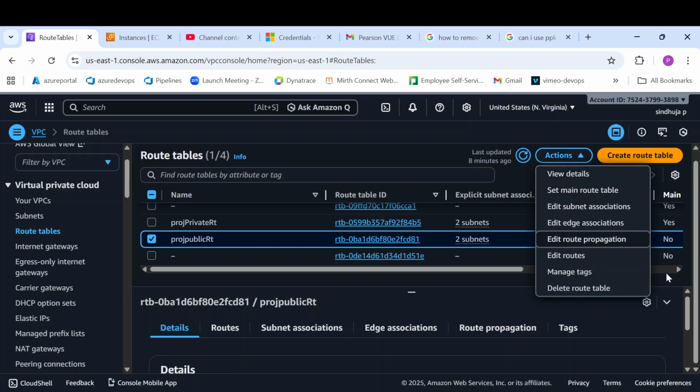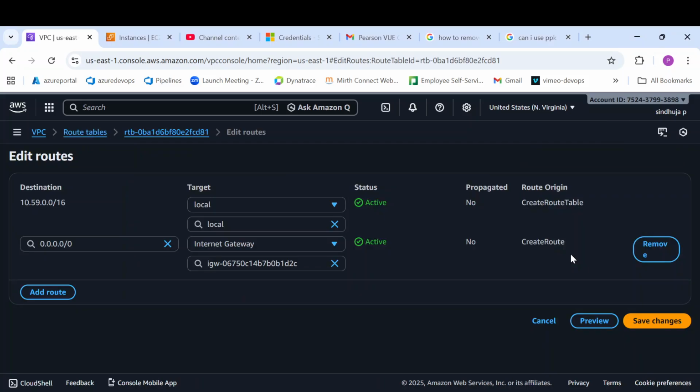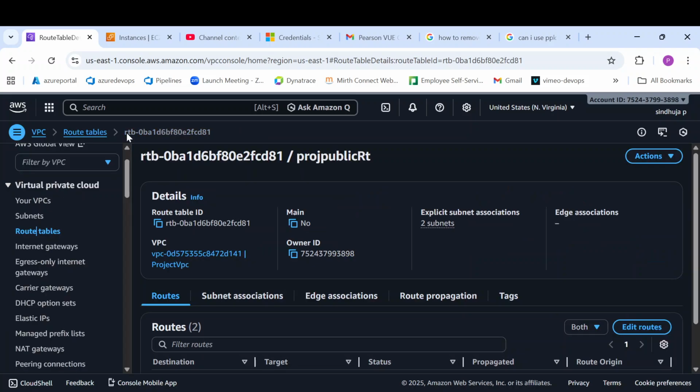if you see on edit routes, by default you will have a local route. Within the VPC you can connect to any resources. Other than this IP range, if any other traffic is coming, we are routing it towards the internet gateway in the public routing table. But this kind of route we don't require. We don't want to do this kind of routing for our database servers. So what we are doing now,